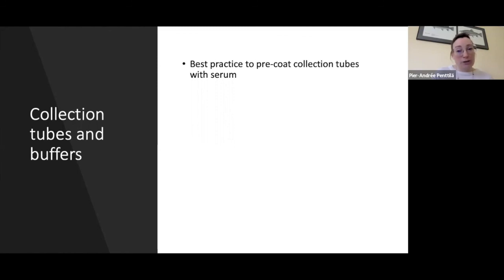Polypropylene tubes are actually preferable over polystyrene tubes because the cells adhere less to the tube wall. And polystyrene tubes can build up charge from the deflected drops on their surface. This can result in cross-contamination between the collection tubes due to jumping drops caused by the repulsion of incoming drops. You should use the same sample buffer for the collection tubes with 2 to 10% serum